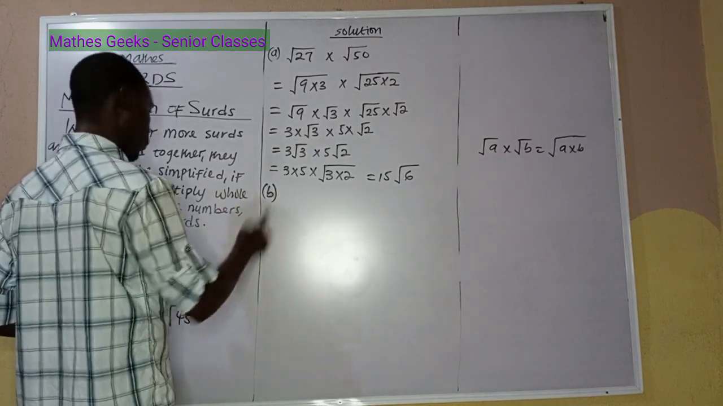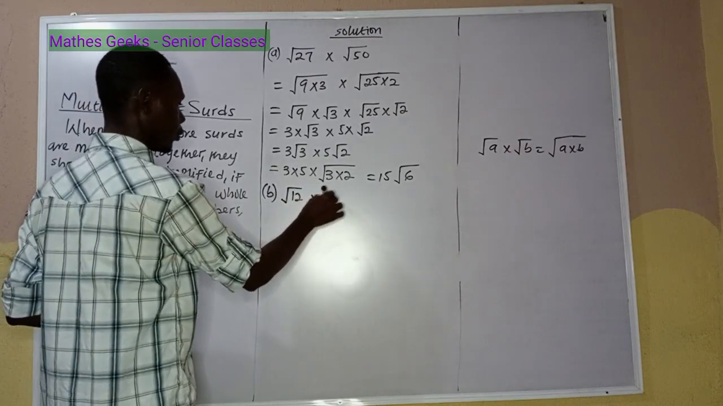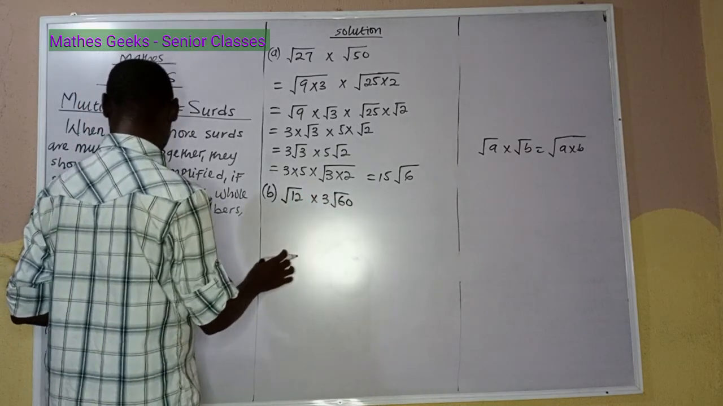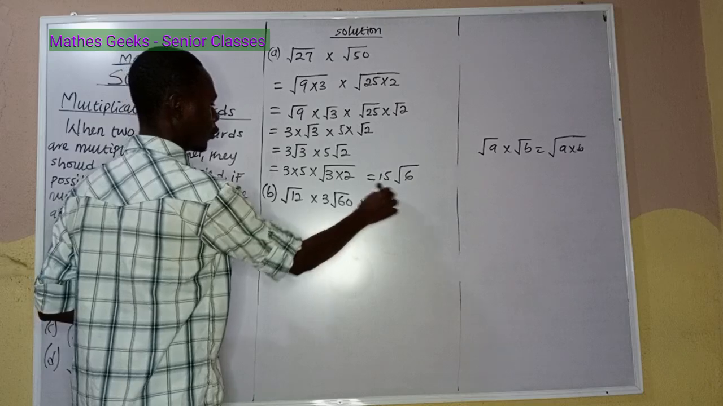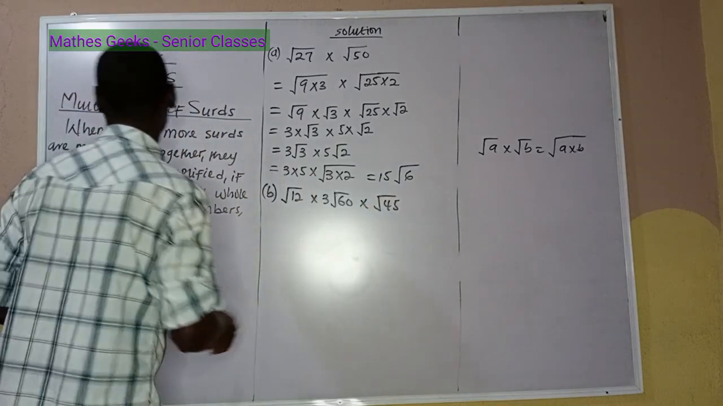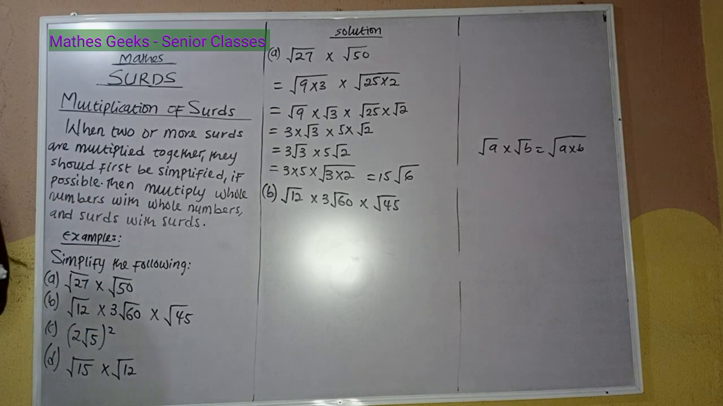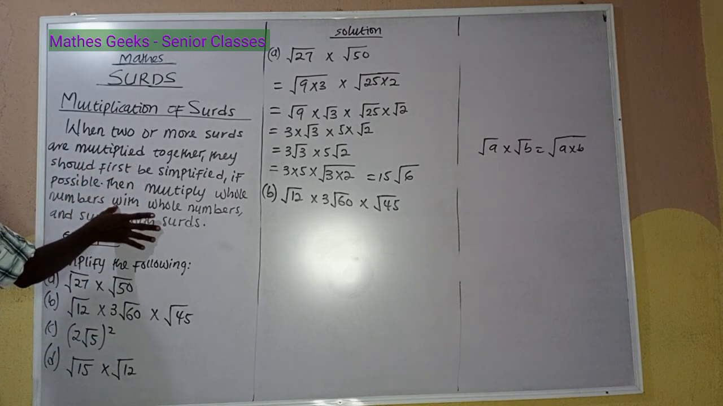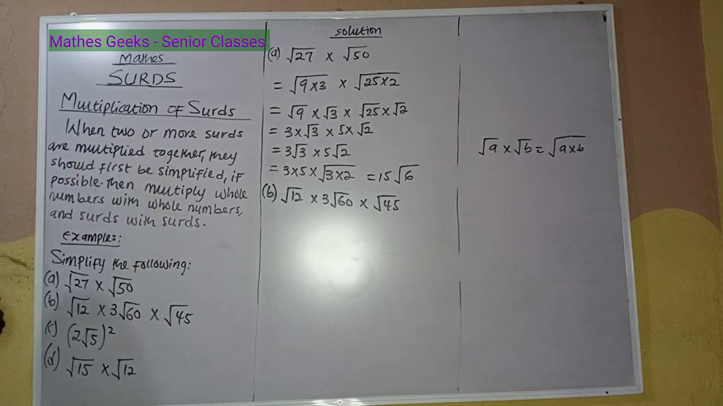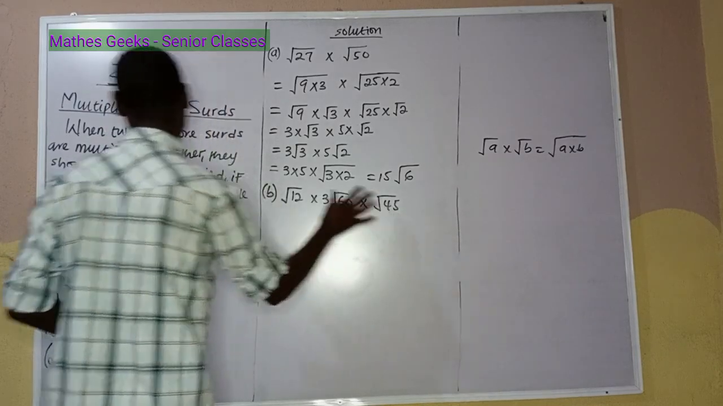(b) Root 12 times 3 root 60 times root 45. Just as before, what we have here says, when two or more surds are multiplied together, they should first be simplified. So the first thing we need to do is to simplify these surds. Once we have simplified, then